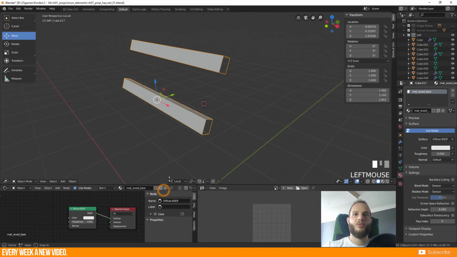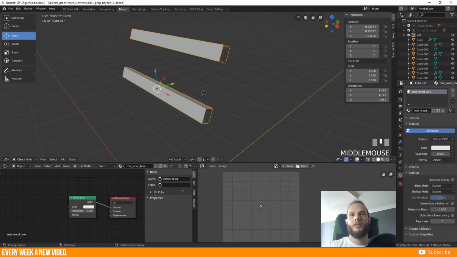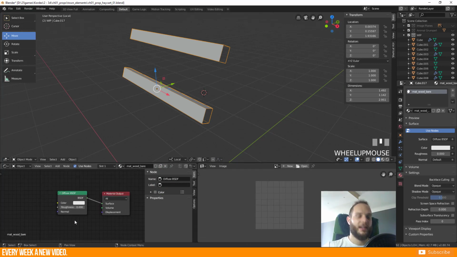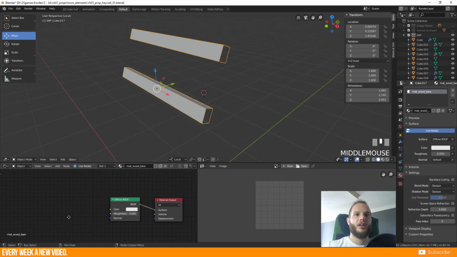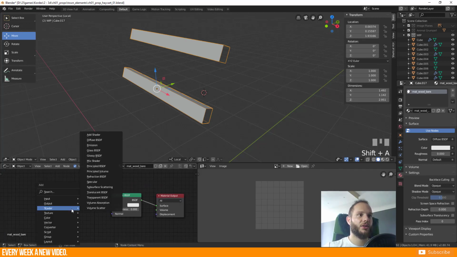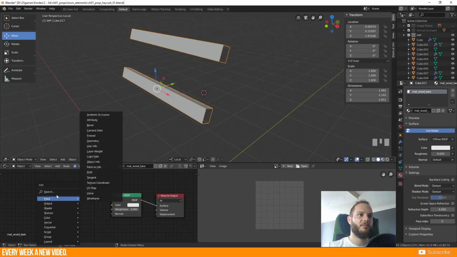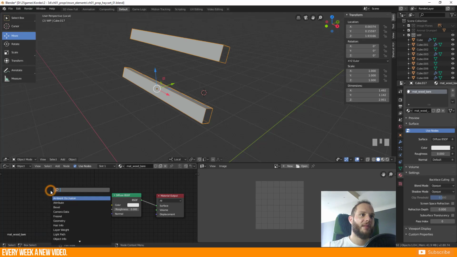Those three windows will work best, in my opinion, for creating materials and textures. So Shift A, you know, will be calling up the add menu,